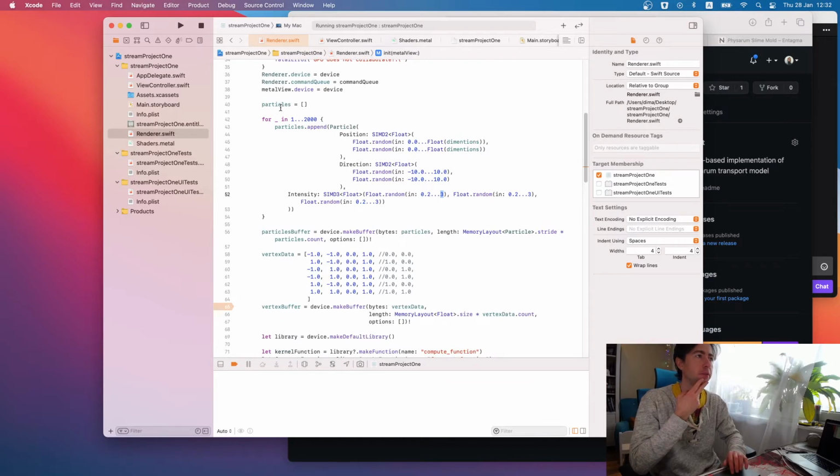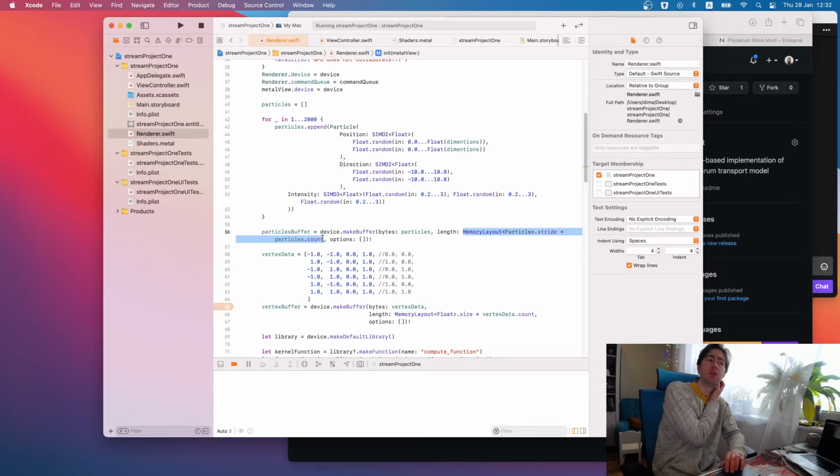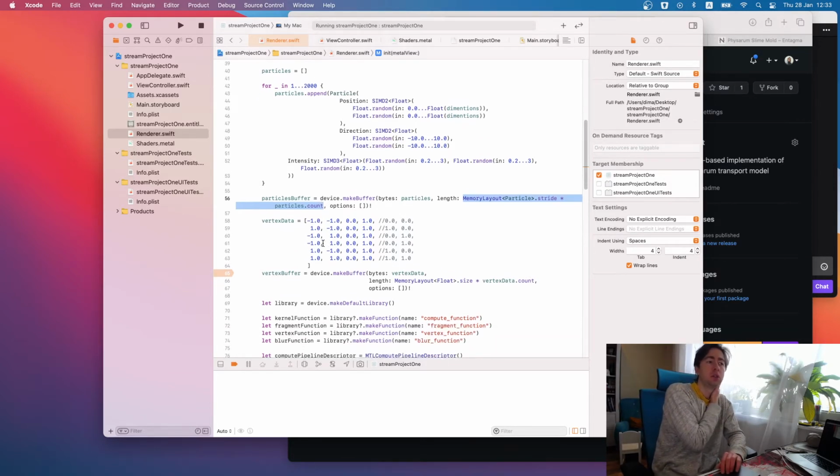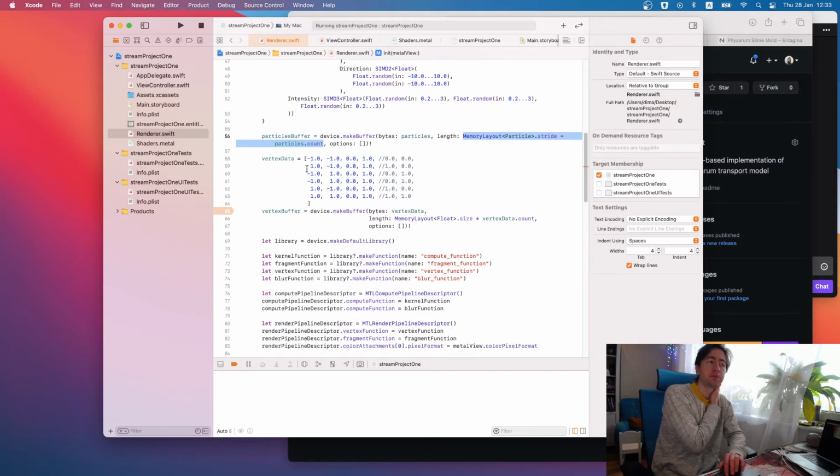So we have particles and we need a way to send them to GPU. So we're creating a buffer using device. Please make us a buffer with particles as bytes, and we provide this memory layout thing to define a length of a buffer, and we do not need any options here.